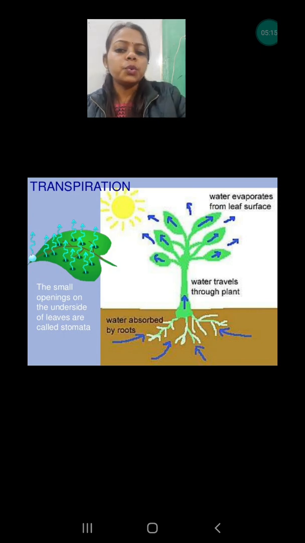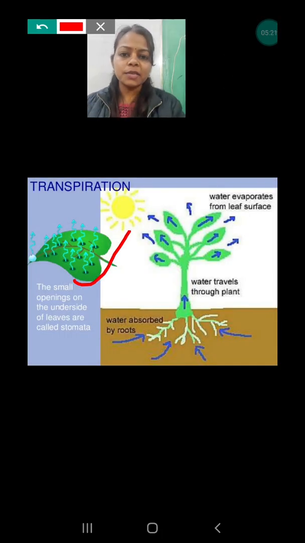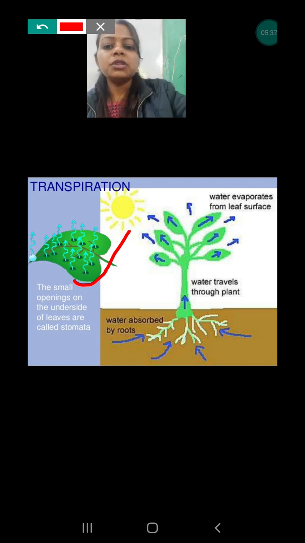This picture is showing the same process. As you can see, if you see the leaf, the pores have been shown, but don't think the pores are this much bigger. We are not able to see the small pores, known as stomata, with the naked eyes. They are very fine and small pores, but to explain in a better way, this has been shown in the picture. So this is the stomata from where the excess amount of water is coming out.